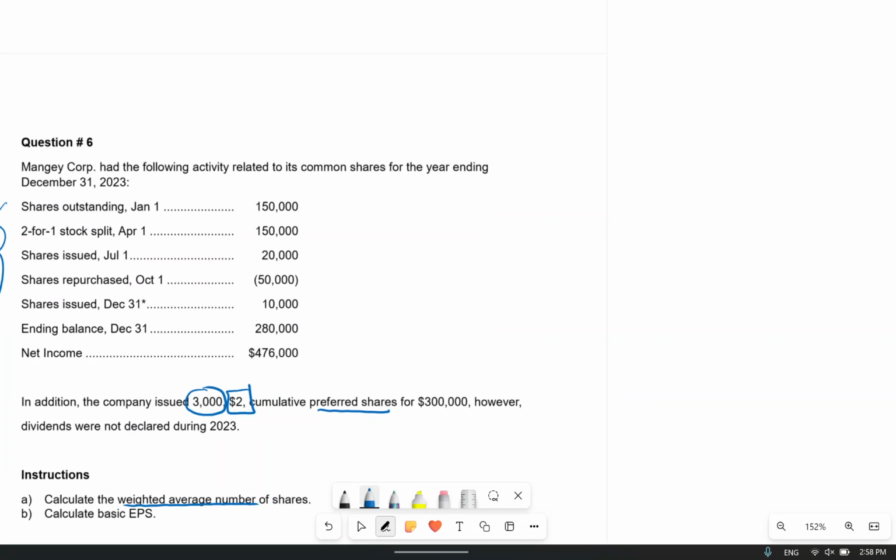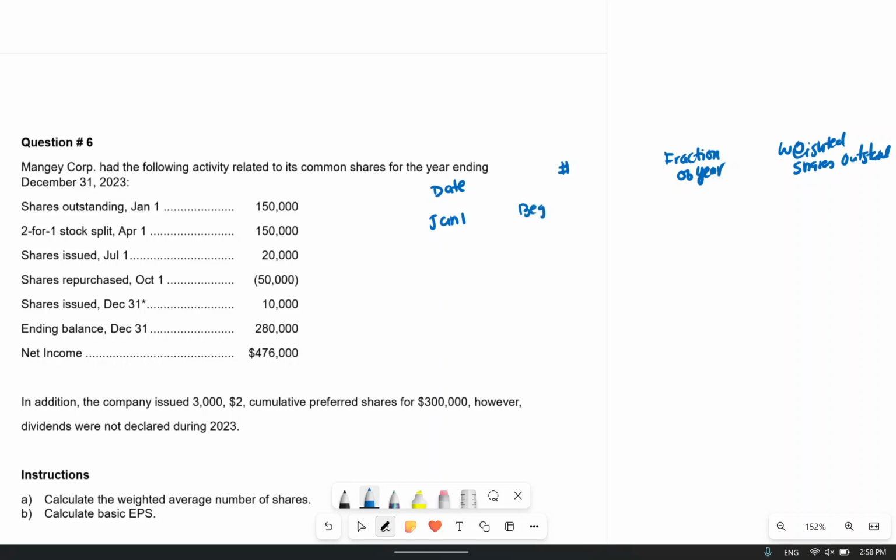So let's see if we could work out the question. I always start with the date, and then we have number of shares, a fraction of year, and then weighted shares outstanding. The date we started off with is January 1st, and that will be my beginning balance. We started off with 150,000,